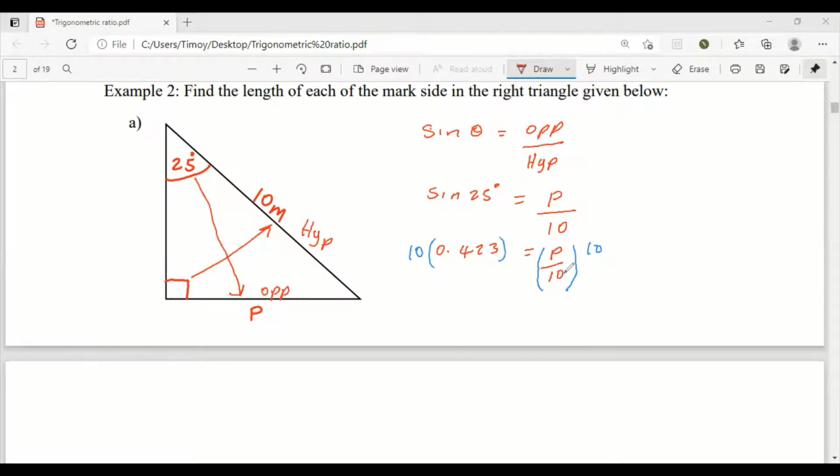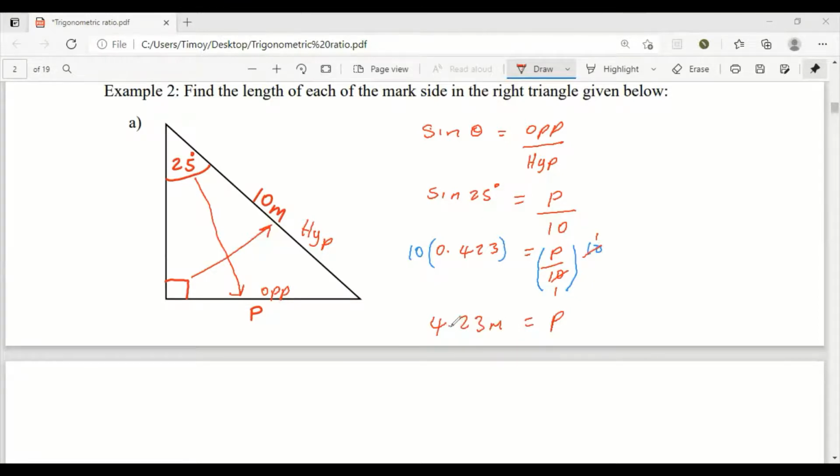Note that when we multiply both sides by 10, 10 into 10 will give us 1, and 1 times P will leave us back with P. And 10 times 0.423 will give us 4.23